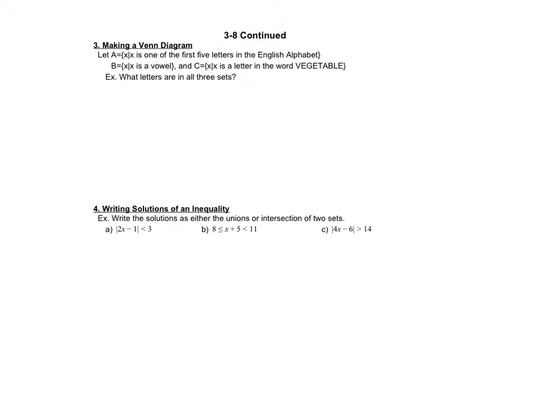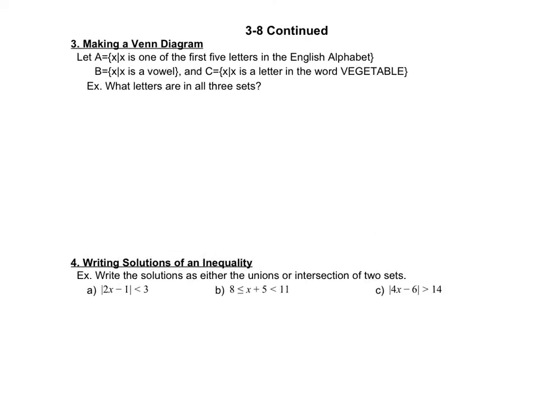Okay, so making a Venn diagram, and Venn diagrams are where we have these overlapping sets, and we sort of did this when we were talking about roster or subsets. So as I make a Venn diagram, I'm going to show some overlapping values. So if I'm making a Venn diagram of A,